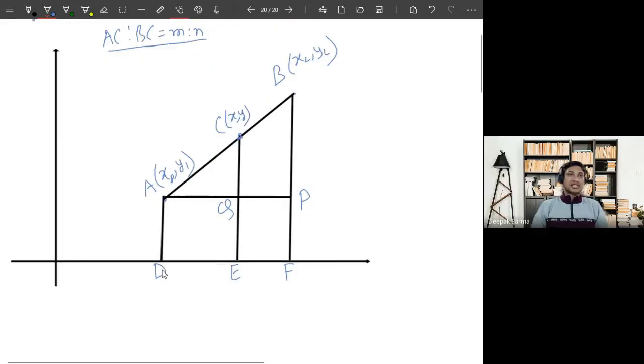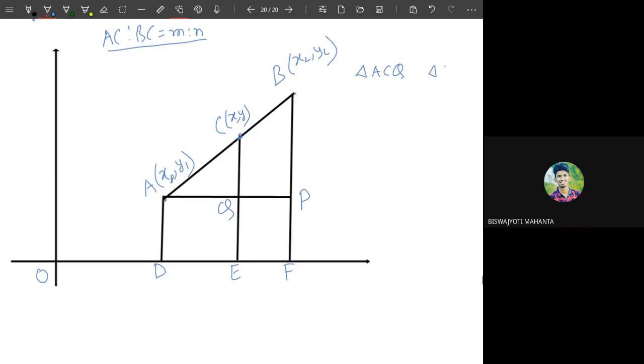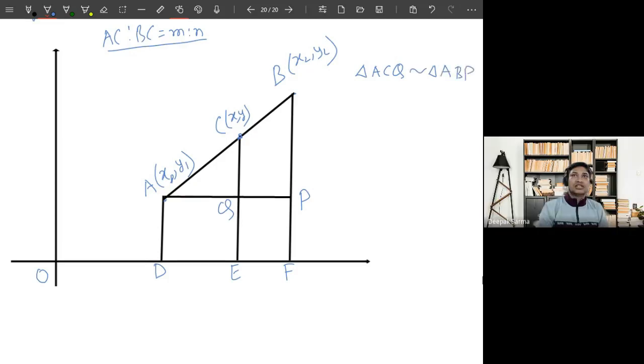Now from the known quantities, again we can find, suppose, DF, I think all of you can find. So you are going to help me when needed. Here we have two triangles. One is triangle ACQ and another is triangle APB, or ABC. Do you see these two triangles are similar? Similar means all the angles are the same, that is, the shape is the same. Yes, corresponding angles are the same.